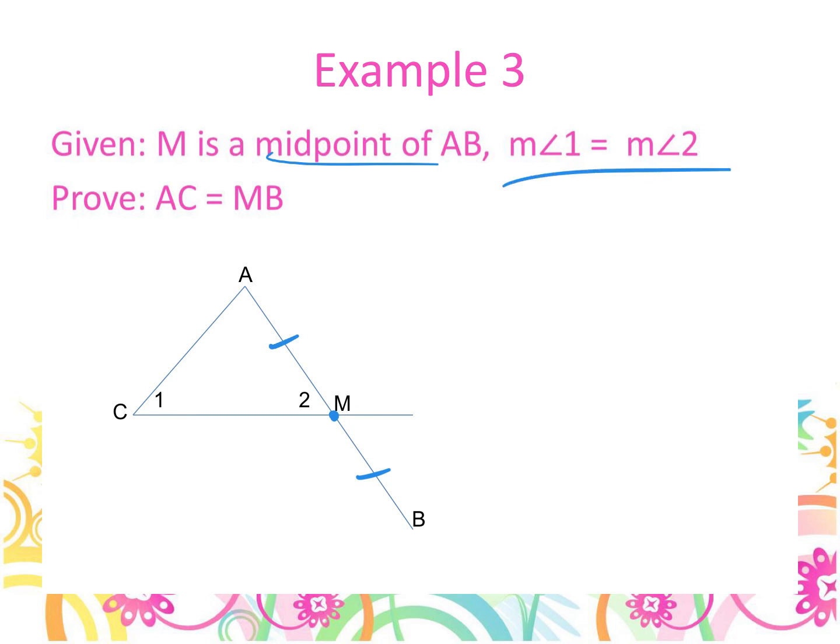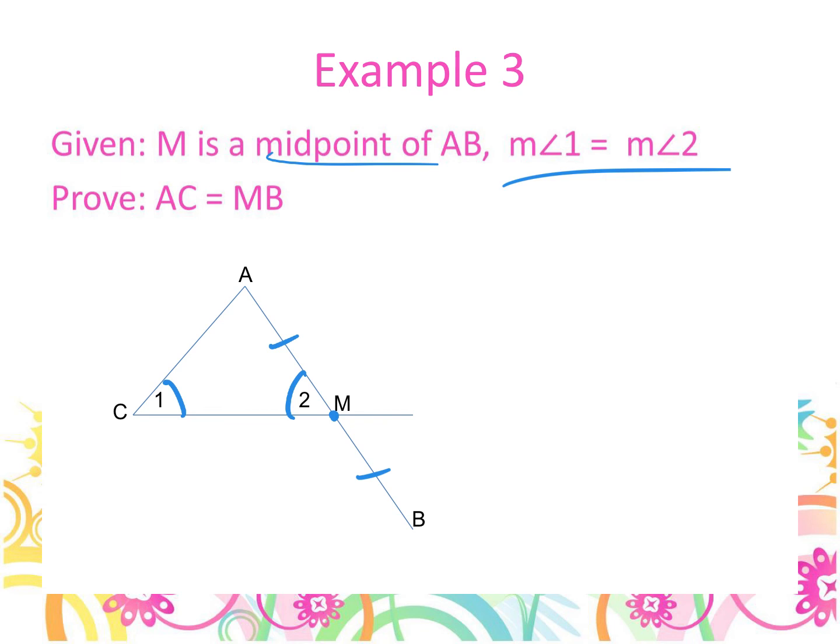Then it says the measure of angle 1 is equal to the measure of angle 2. What am I going to add to my diagram? Yep. A congruency symbol for the angles. So look at the triangle AMC. What kind of triangle is it? How do you know? Not the congruent sides, because we only know one side in this triangle. Yeah? The base angles are congruent. Therefore,